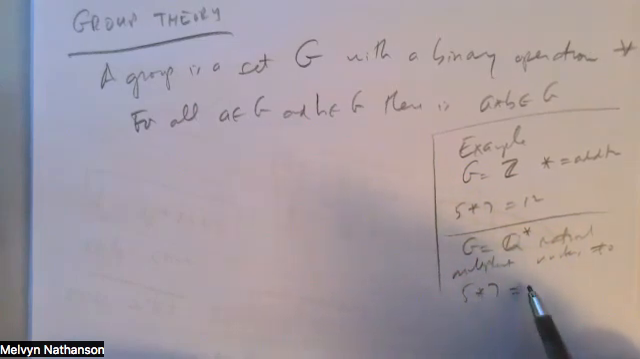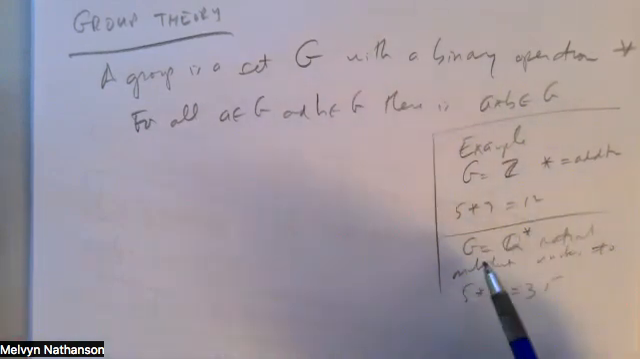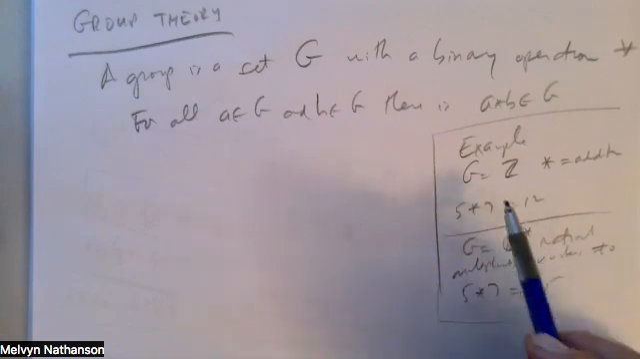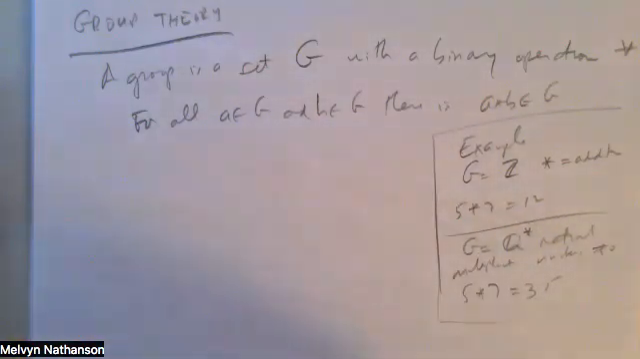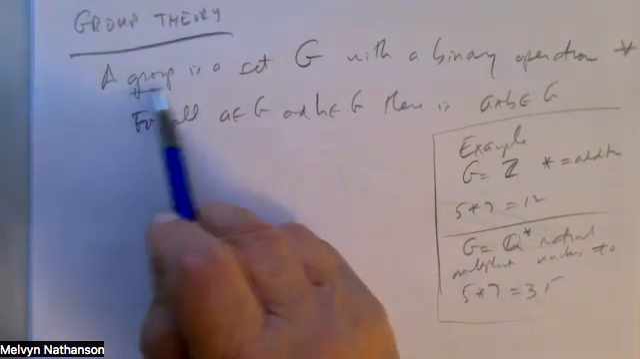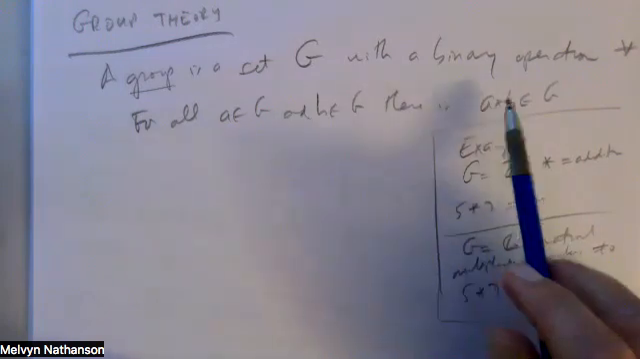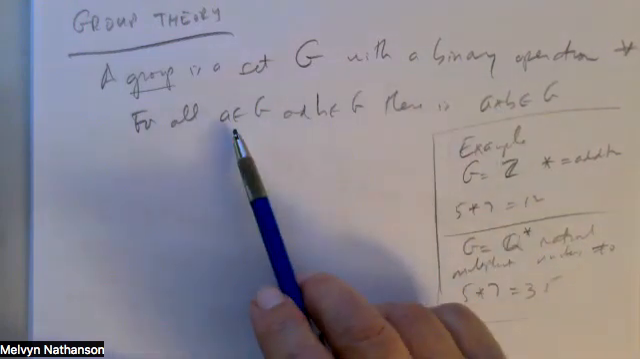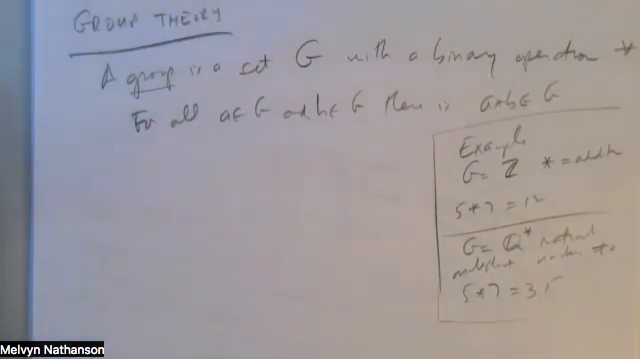So 5 star 7 would be 35. And usually we use either addition or multiplication as the word for whatever is the binary operation, and it doesn't really matter what it is. So a group is a set where there's some way to combine two elements to get a third element. We can say we're multiplying them, we can say we're adding them, doesn't really matter what we call it, but